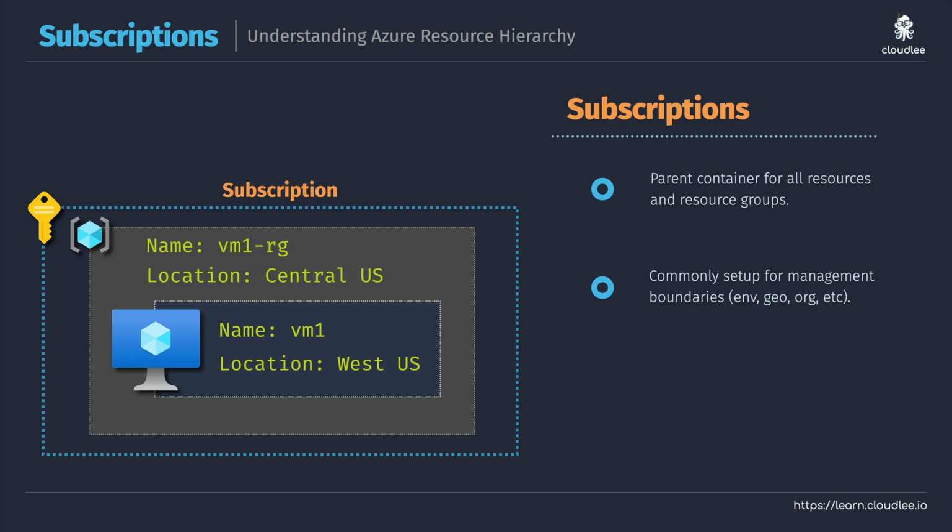For example, if we work for a global organization, we actually might want to create various different subscriptions for each of the different geographies that our organization works in. Maybe we're going to have a subscription for India, for Europe, for America, whatever it might be that matches our organization. Or we might want to match it up to something different, like the environments that we use, such as production, development, and so on.